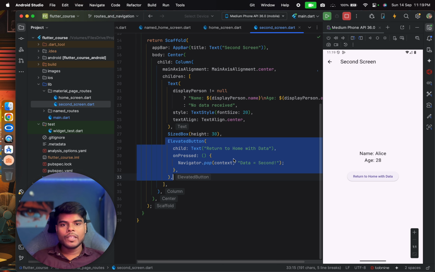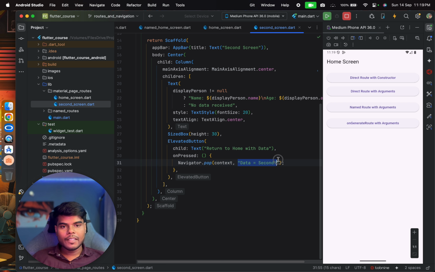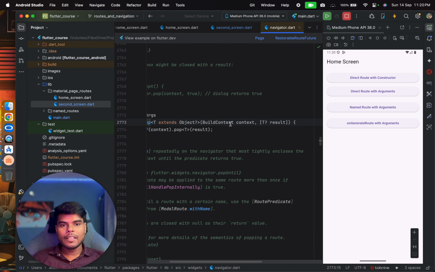like this button, here we are returning some data back to the first screen. Let's see, this one is clicked, return data is equal to second. So this is where this value is defined. Whatever we want to return back to the calling screen, we can simply use Navigator.pop, which is used to close the screen. Then if we pass something, if we go inside that, it accepts a result of